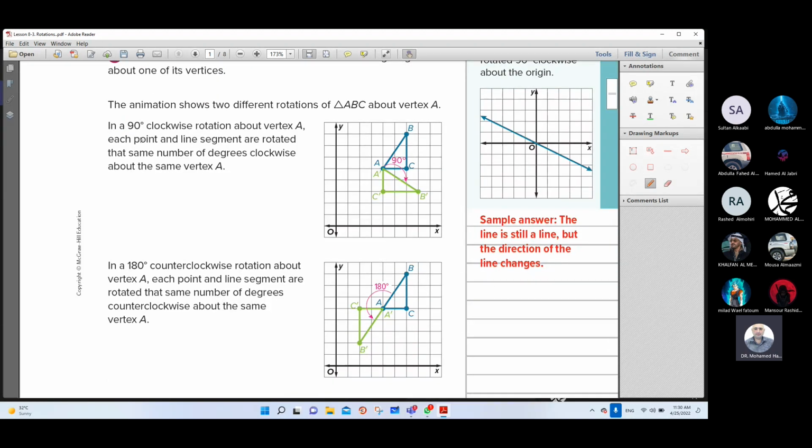The animation shows two different rotations of triangle ABC about vertex A. Now, in a 90 degree, this is the